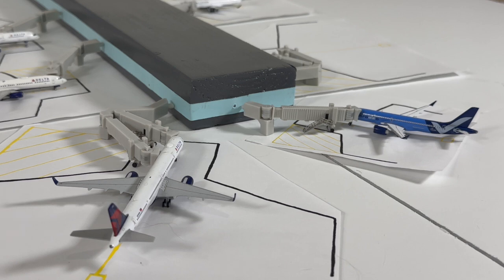So technically they still have the E190 and E195 in their fleet, but I don't think it's for commercial services. I might be wrong on that, but the majority of the time they'll be using the Airbus A220 since that's their flagship aircraft. But other than that,